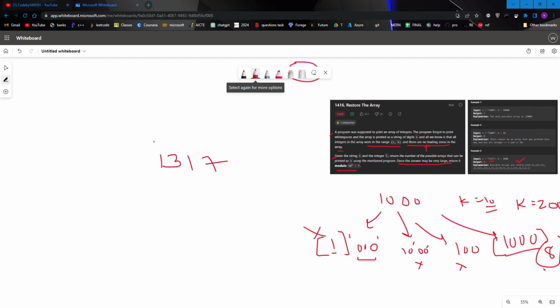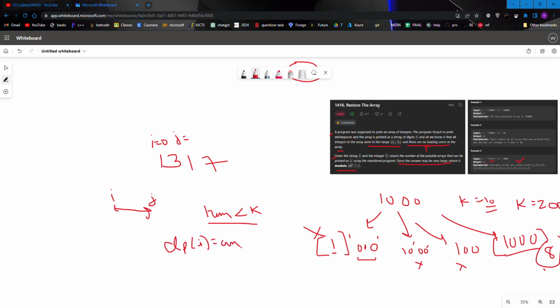So what we will do, first we will move our i equal to 0 and j equal to i. We are going to expand our i and j until we get a number, and this number should be less than k. If it is less than k, we will just increase our dp array by answer.